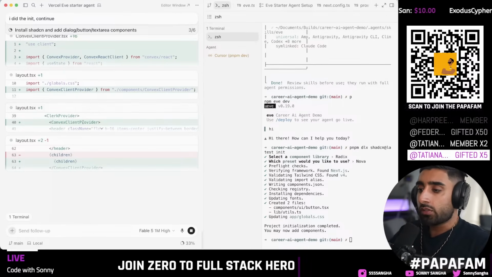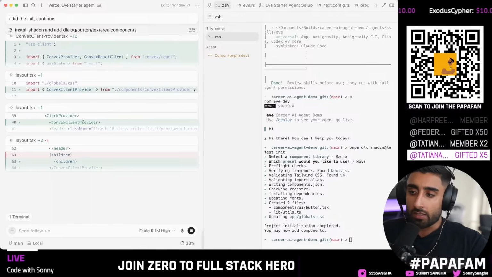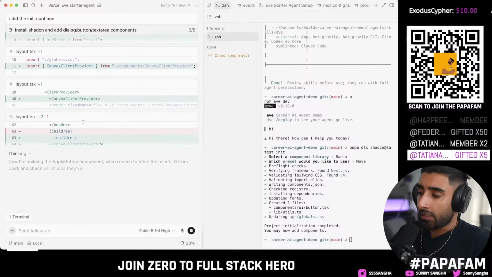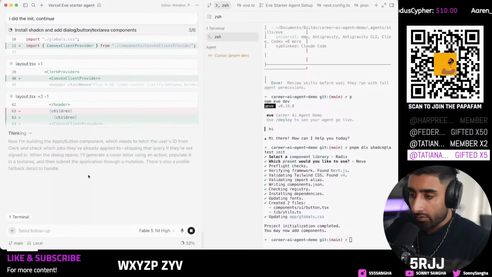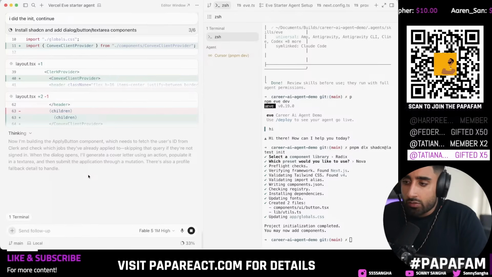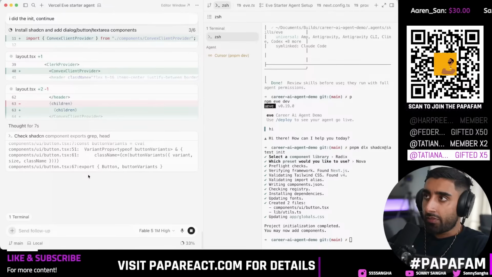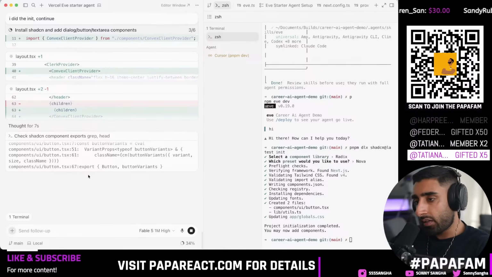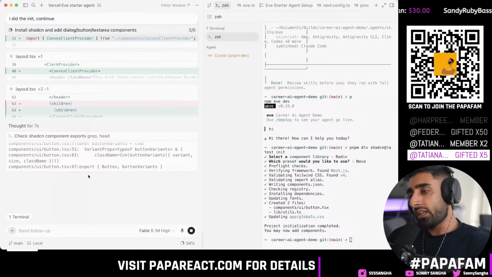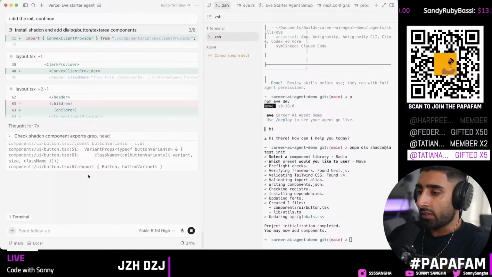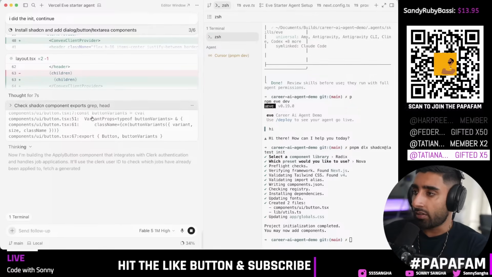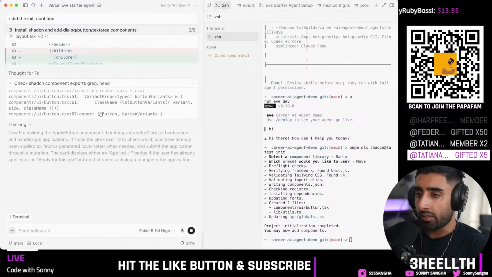It's also setting up the Convex client provider. Basically, when we are using any kind of client component, it needs to be aware if I'm authenticated on Clerk, and also if we pass the authentication state through to Convex as well. Typically, it actually didn't do that in the beginning, which you should have done, but it's done it now